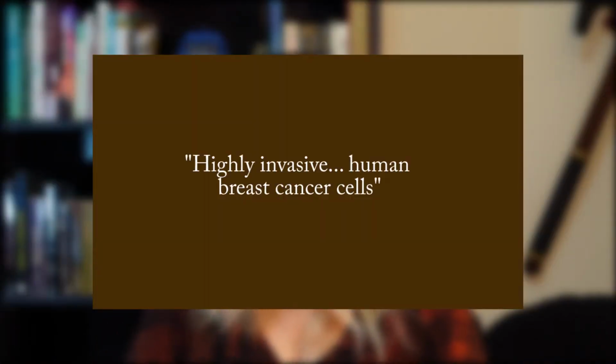Now that they've finished checking that they've made what they intended to make, an amino acid covered tiny silicon ball with contents that would wreak havoc on an unsuspecting cancer cell, they can get started on the actual study. So they fed their Trojan horses to highly invasive human breast cancer cells, aka cells that like to make big old tumors and suck up lots and lots of nutrients at the detriment of their organism. Also, using it on human cells like this means that when down the line we want to use it as a therapy on humans, there will be data saying that it does, in fact, work on human cells.